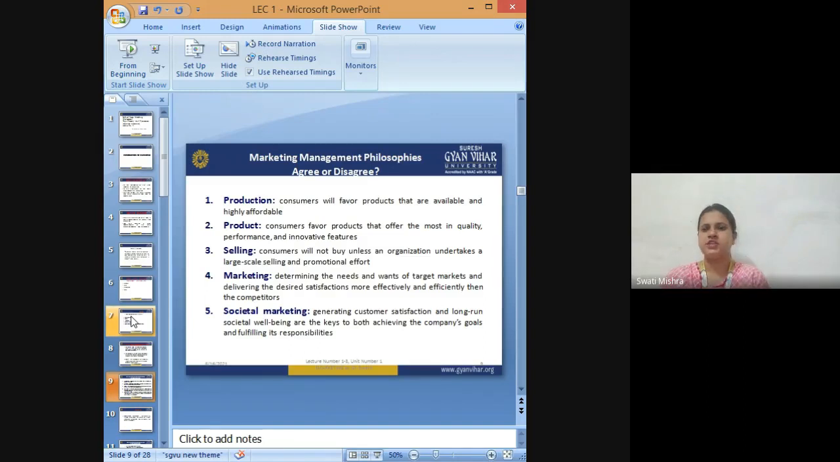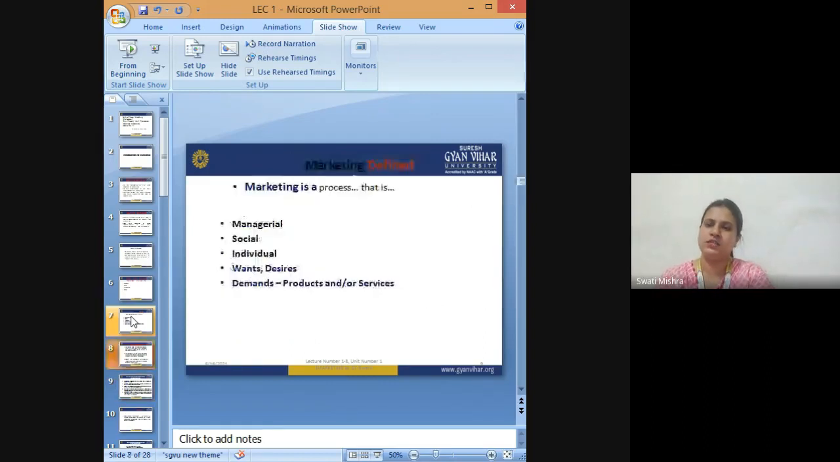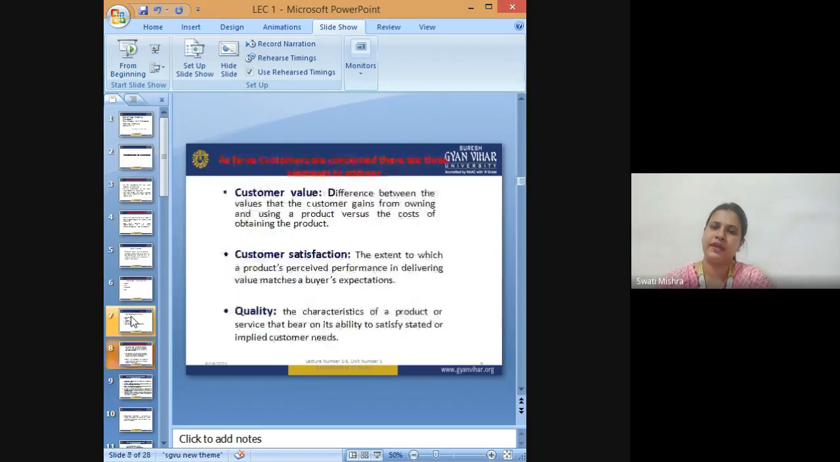Generating customer satisfaction and long-run societal well-being are the keys to both achieving the company's goals and fulfilling its responsibilities. So, these are a few main aspects